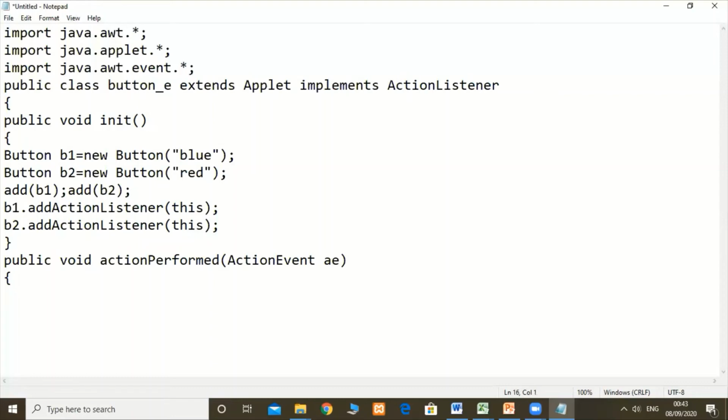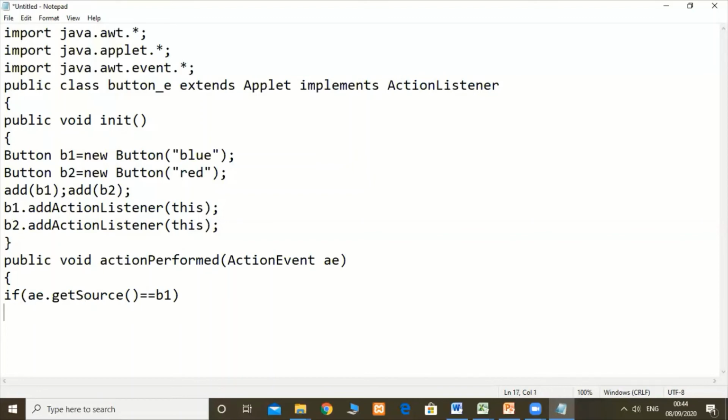Then write the condition: if ae.getSource() == b1. The getSource method gives us a reference to the object on which the event occurs. Here b1 is a button object, so it will pass the reference of the b1 object here.